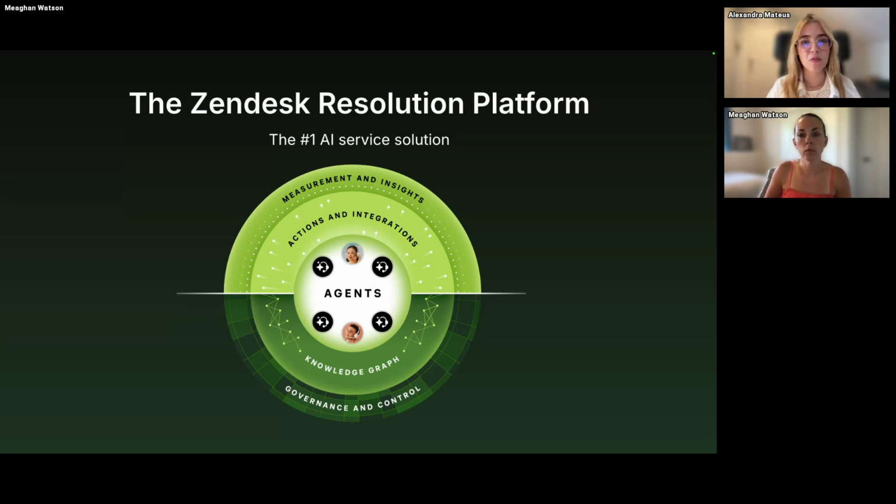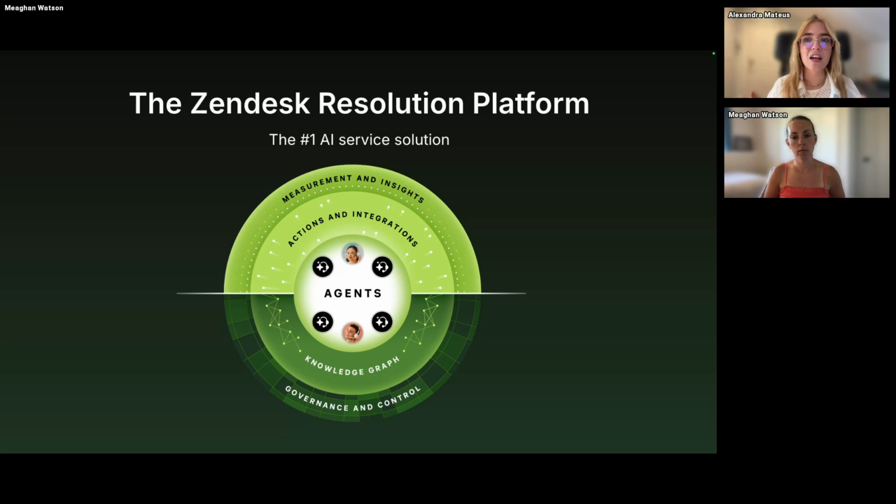And for those of you that weren't at Relate, we just wanted to do a quick wrap up of one of our biggest announcements. And that was the launch of the Zendesk resolution platform. The idea behind it is simple. AI is powerful, but it can't do everything alone. So resolving service issues, especially the ones that require human touch, means bringing together the right AI agents, smart workflows, and people. And so our new resolution platform connects all of these dots. It's that foundation that helps every issue move toward the actual resolution and not just closing tickets. And it's designed to be simple to implement and super easy to use so you can really get value from it.